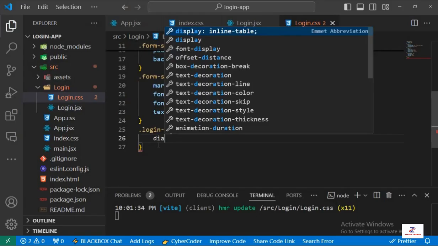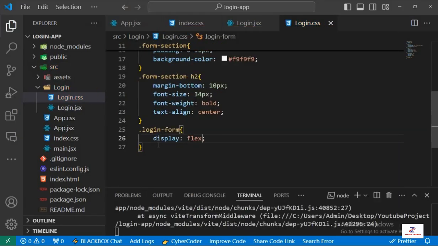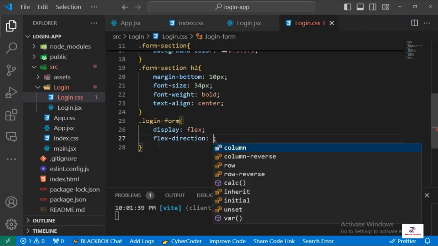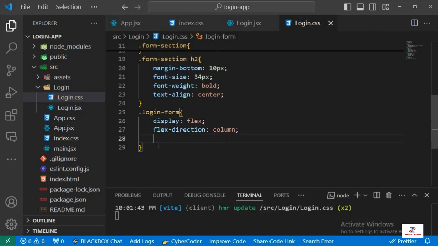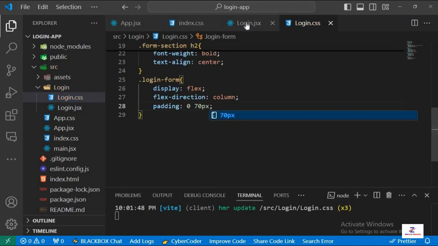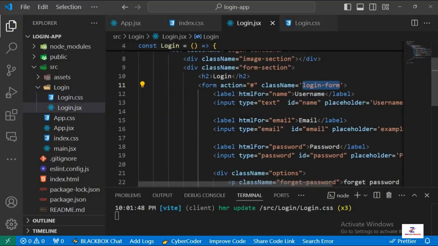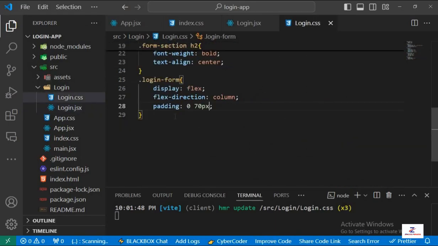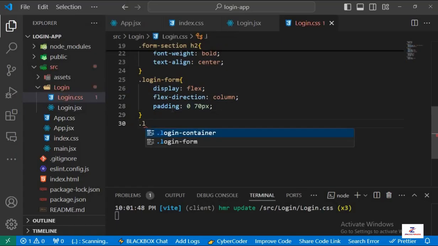display will be flex. Flex direction will be column, and padding of 0.70 pixels. Now we have the label tag. We have like 3 labels here. So I'm just going to copy this. So login form